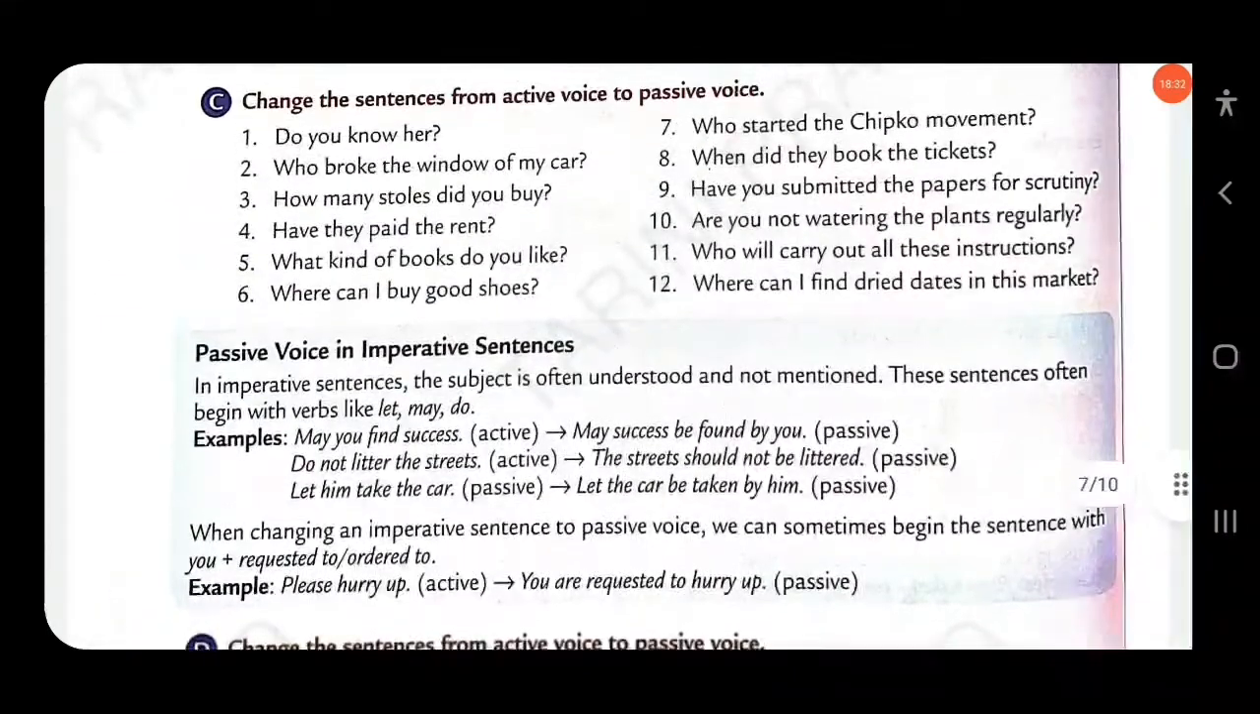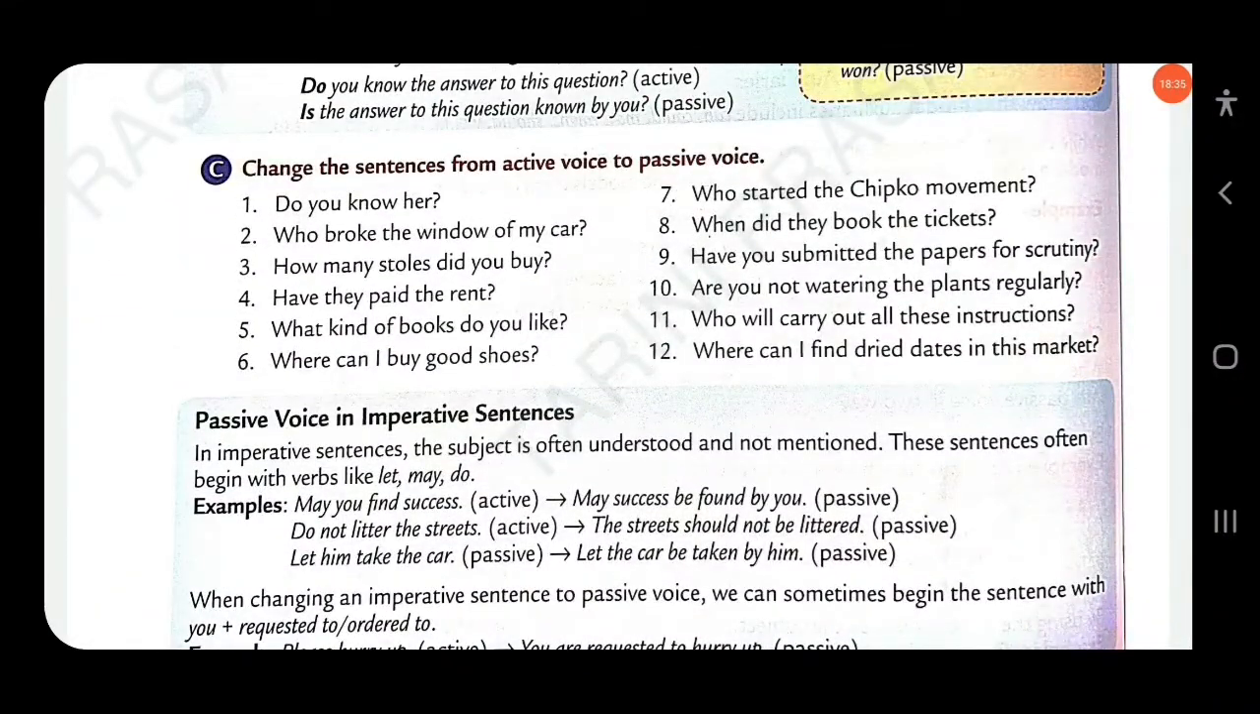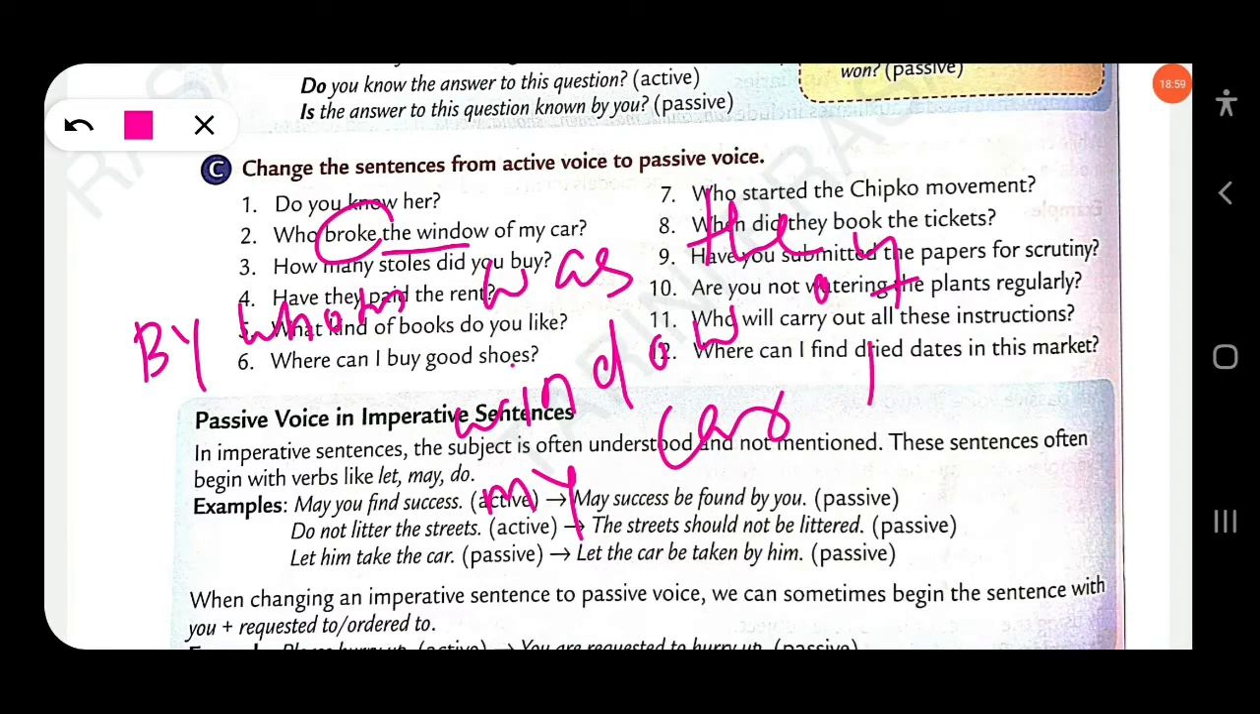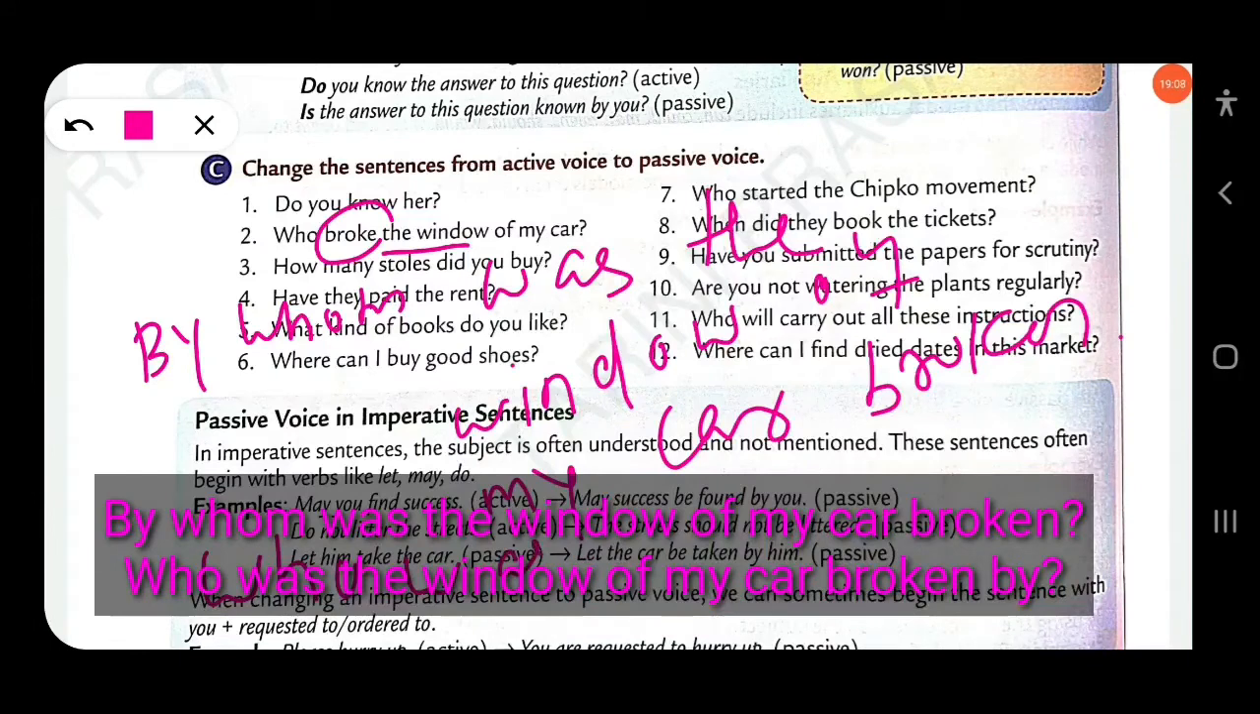Okay. Then next question here: who broke the window of my car? So as I have discussed, in two ways you can change into passive. First you can write here by whom, and here the verb broke is written, that means simple past. So you have to write was: by whom was the window of my car, yes, broken. So this is the first way. And another way we can also write: who was the window of my car